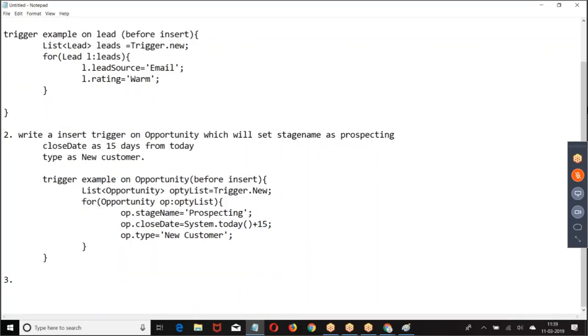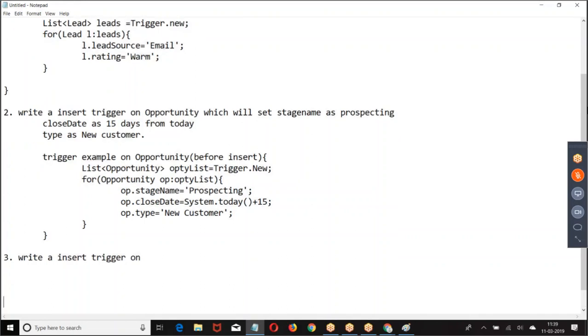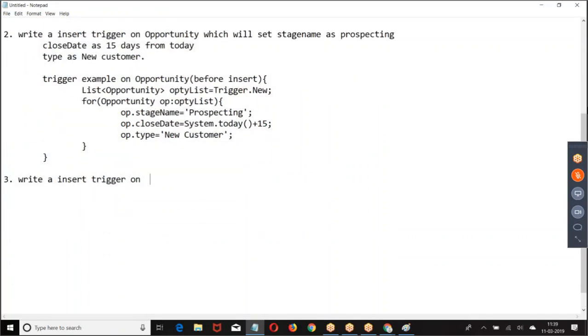Third example. Write an insert trigger on lead.